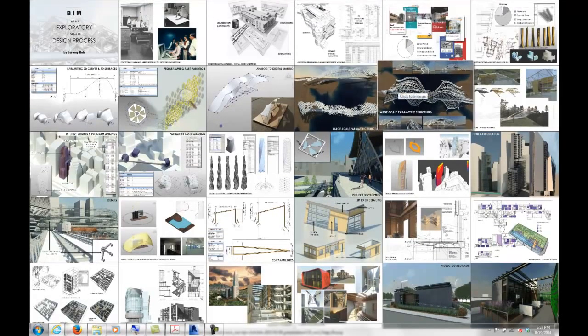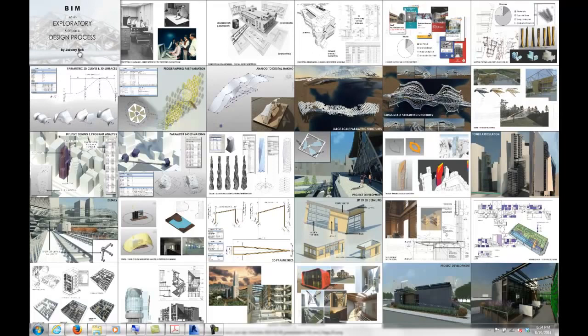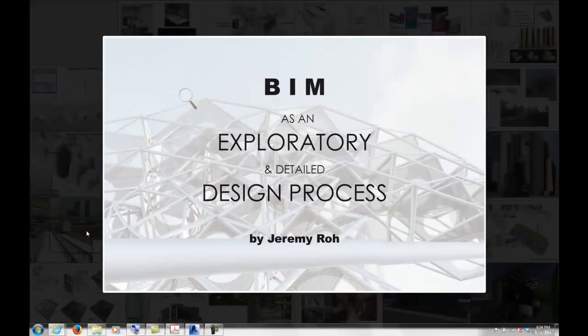Before I talk more about the syllabus, I wanted to give a brief explanation about BIM, which is Building Information Modeling. You'll notice in the class website, it's called BIMethods instead of just Building Information Modeling. Building Information Modeling is the official name that the university gives it. I call it BIMethods because I teach this class more as an exploratory and detailed design process,